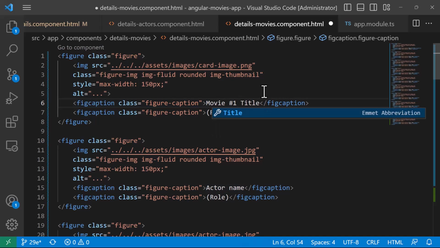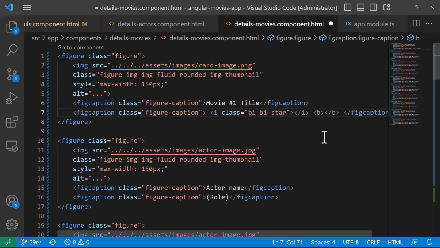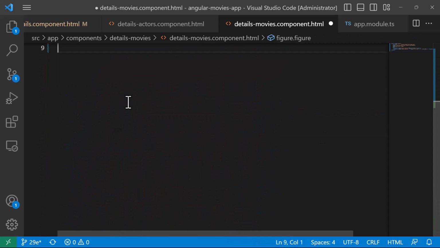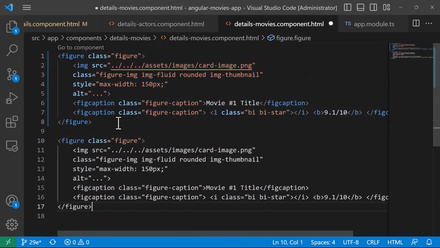title. And then down here we are going to have the rate. The rate is going to be using the star icon, and for the star icon we have said that we use an I tag, and then here class bi star, and then in bold we're going to have the rate, and let's say for this movie the rate is going to be 9.1 out of 10. I'll remove the rest of the code, and then I'll simply copy and paste it down here,